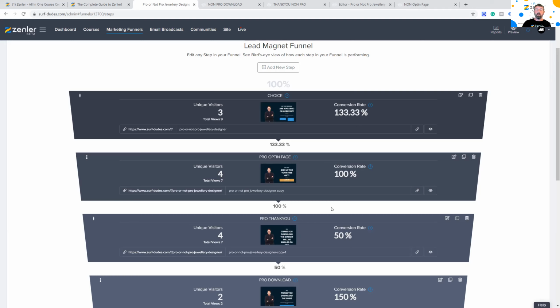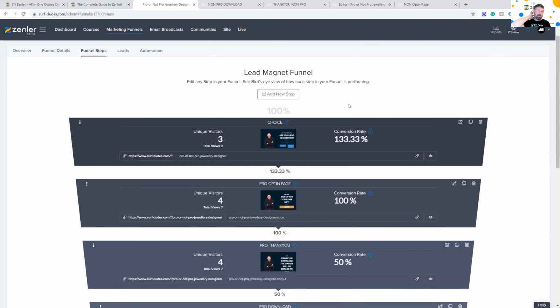I've done it myself, where I've wanted a free cheat sheet and I've gone on there and just put a fake email address in. The next page, I can just download it. Fake email. I'm not going to be spammed by people. So this is a way to safeguard yourself and get valid email addresses. You want valid email addresses. If someone puts someone else's email address in there and then you send an email to them saying, join my course, blah, blah, blah, they'll probably unsubscribe, or eventually you could get blacklisted if enough of those emails were coming in that you were basically spamming people. You think they've actually registered and are interested, but they're not. Someone else has just randomly put an email in there.